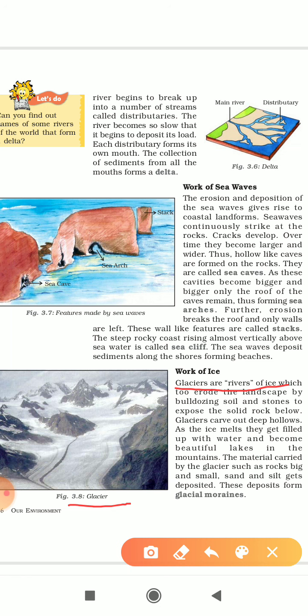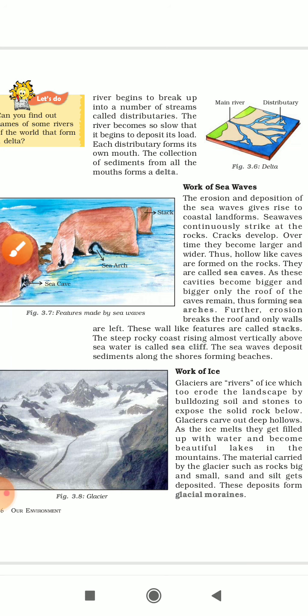The glaciers, or rivers of ice, move slowly across the land, taking along with them rocks, sand, debris, and soil. And when deposited, the deposits of rocks, sand, debris and soil form the glacial moraines.